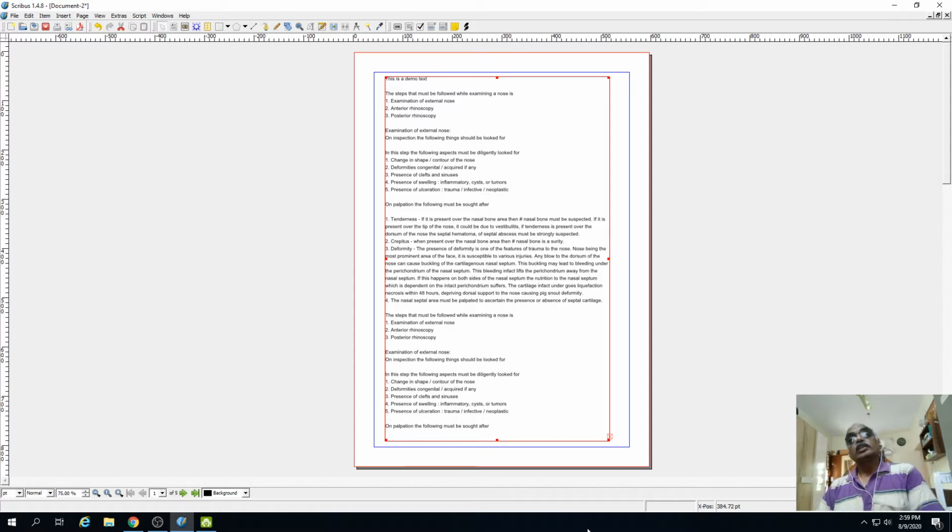So when you are importing text, you ensure that there is adequate space within the layout to accommodate the text. Or else you can always create a next page, and then you can allow the text to flow into the next page.